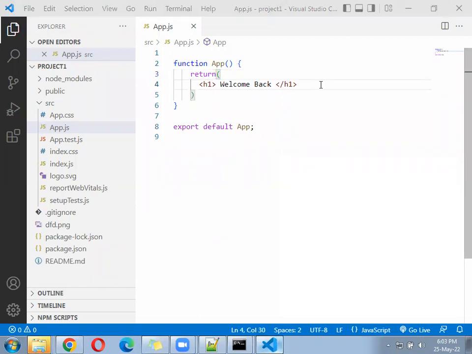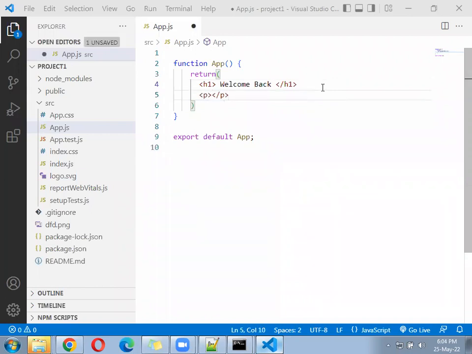Your content should get changed in the browser. After that, come down and write one more line, a paragraph. Write one more line called paragraph. Keep it inside the paragraph.